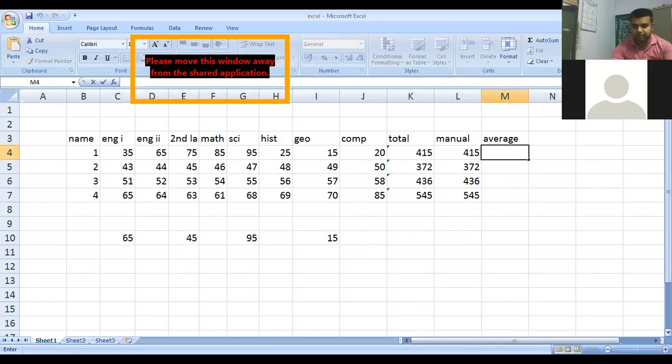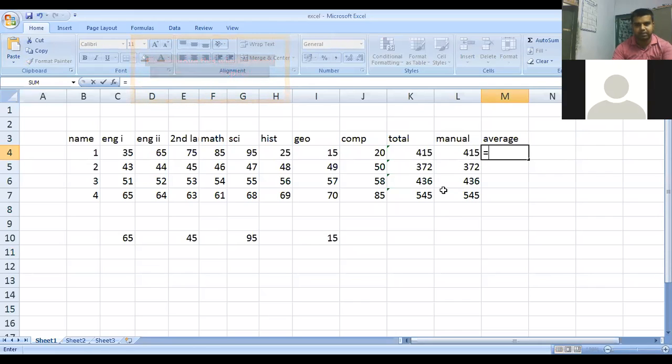In the manual method, you write the equal sign. As you can see on your right, I have made an average column. I will take either the total column or the manual column, both are the same because both have the same marks.